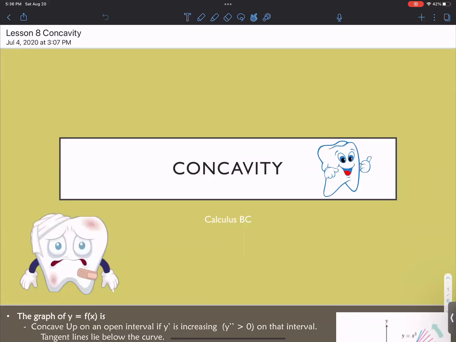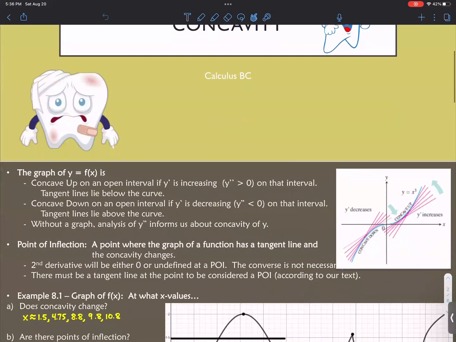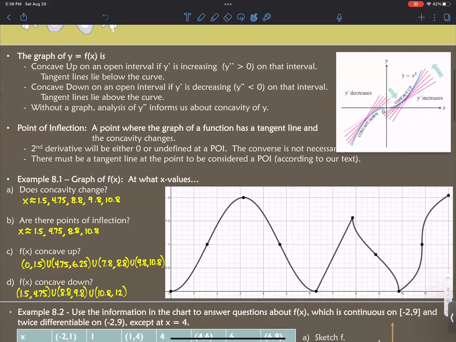Hello, this is lesson 8 of the Calc A review, and the topic today is concavity. Let's look at this first setup here. Actually, a definition: a graph of a function, we call it concave up on an open interval